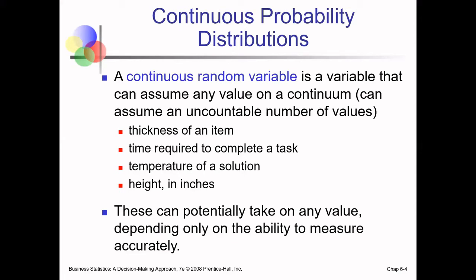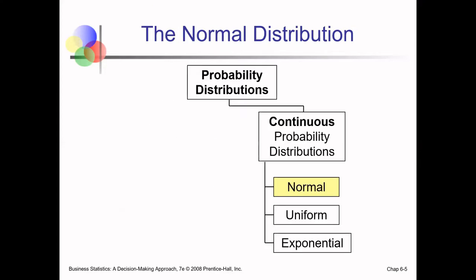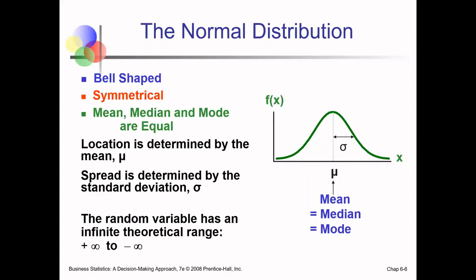We have to consider the data in the following way: thickness of an item, time required to complete a task, temperature, height, weight, velocity measurement, any kind of measurement, and age, and many more. So we are going to start with the normal distribution. The normal distribution has